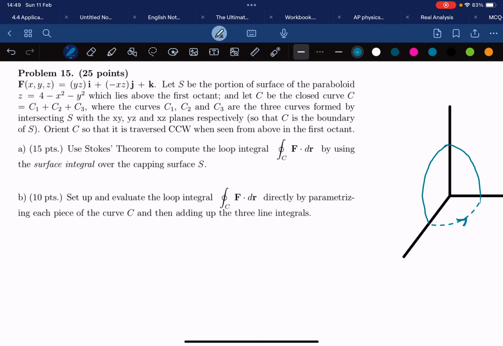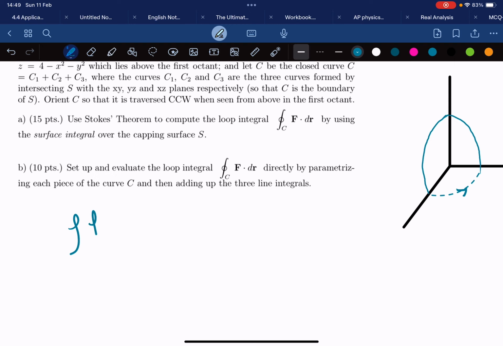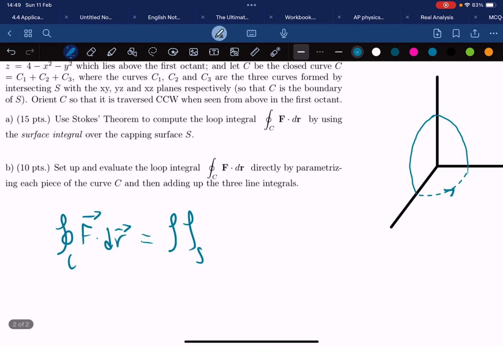Use Stokes' theorem to compute the closed loop integral on C of F dot dr by using the surface integral over the capping surface S. So we know Stokes' theorem: the integral across some closed contour of F dot dr. This is just to use them in bold, but they're actually vectors. This equals the double integral along the surface